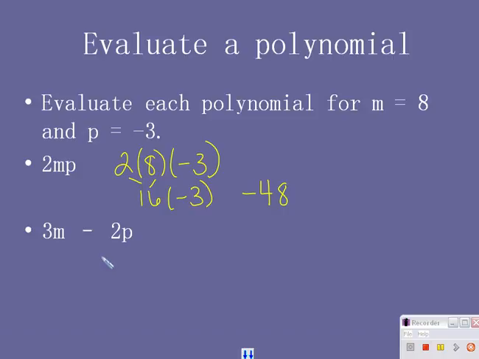Our last example, 3m, 3 times m, minus 2 times p. So again, m is 8, we plug in 8, minus 2, and p is negative 3. So multiply first, because of order of operations. We have 24 minus 2 times negative 3 makes negative 6, so you have 24 plus 6